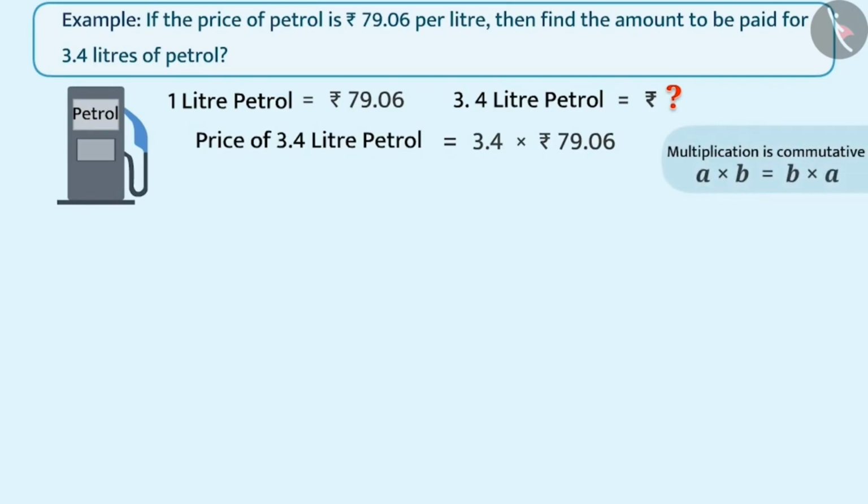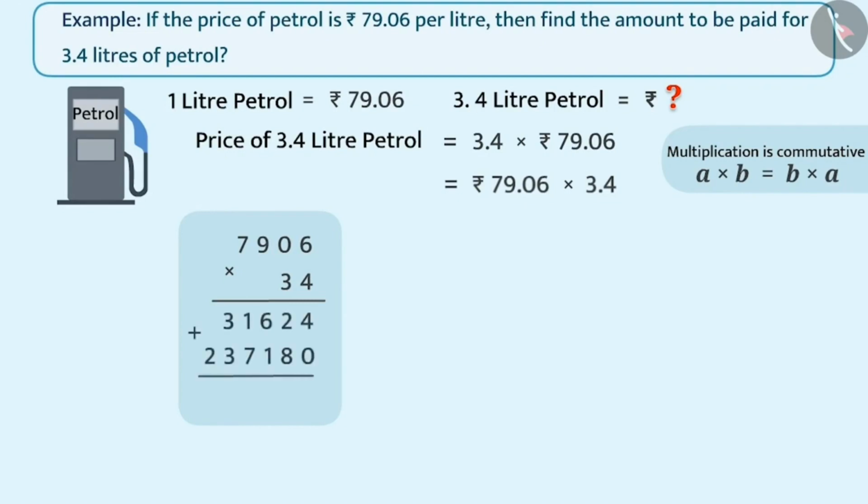Since multiplication is commutative, that means it can be performed in any order, we can write this multiplication as rupees 79.06 multiplied by 3.4, as this will simplify the process. To find the product, first we will ignore the decimal points of 79.06 and 3.4 and we will perform multiplication similar to whole numbers. That means we will find the product of 7,906 and 34. This multiplication can be done in the following way. The answer will be